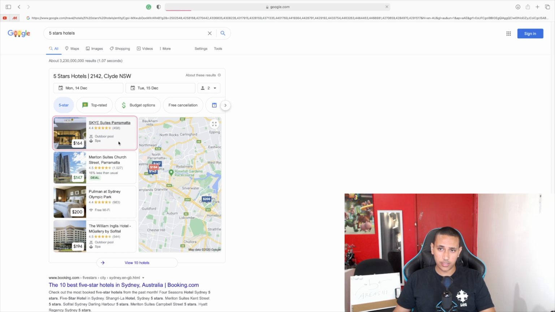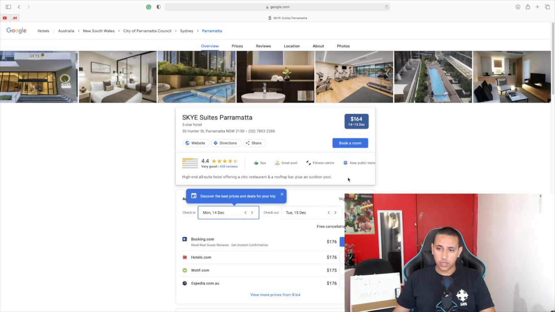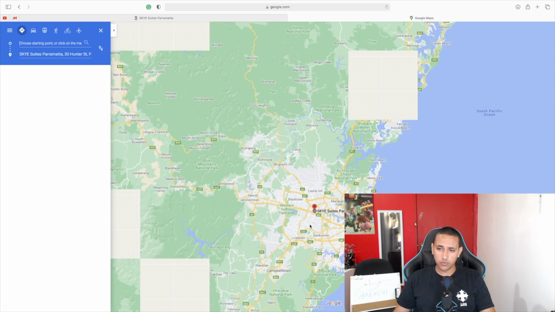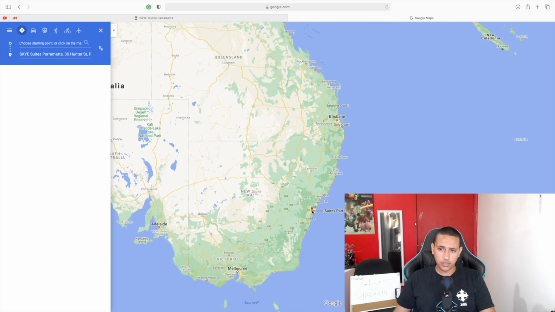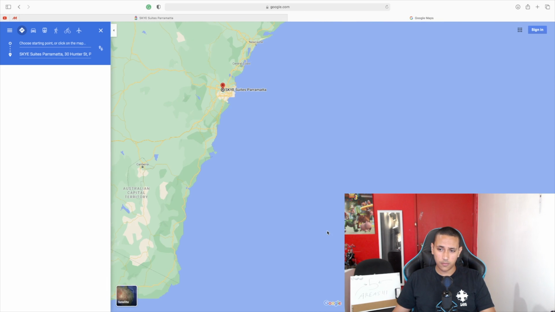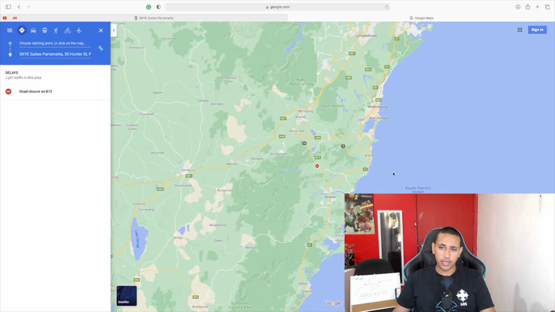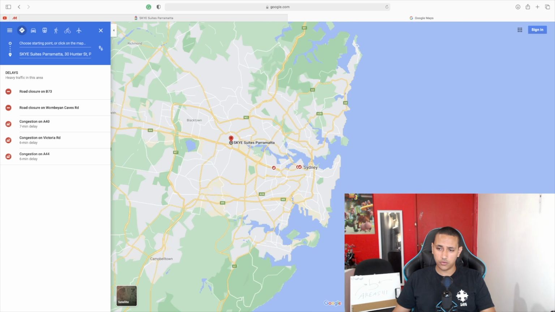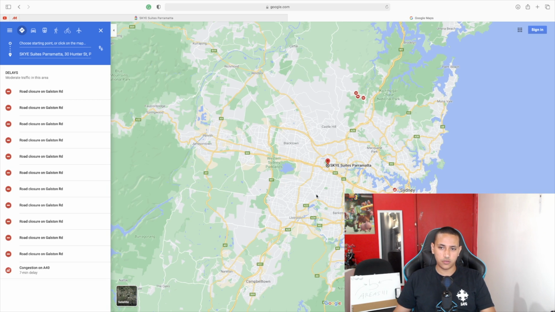Just to show you, I'm gonna go ahead and click on it, and I'll click on directions, and I will zoom out a little bit, and you can see that not just is it in Australia, but it's actually in Sydney, and it's about 40 minutes to where I live. There it is. So it's about 40 to 50 minutes from where I live. So it was very accurate at showing me results that are meaningful to me and not just results based on my keywords. Now let's try search something else up before we move forward.